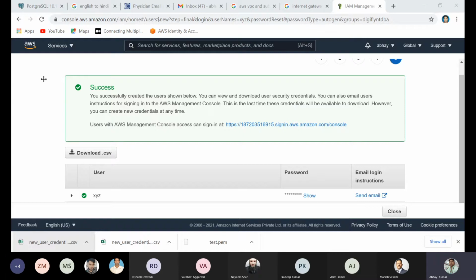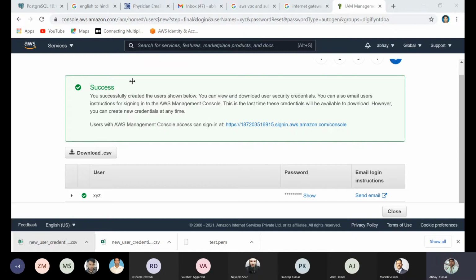That is the detail of the new user which we have created right now. That is the username and that is the password. The access key is also there, so we can log in with that.